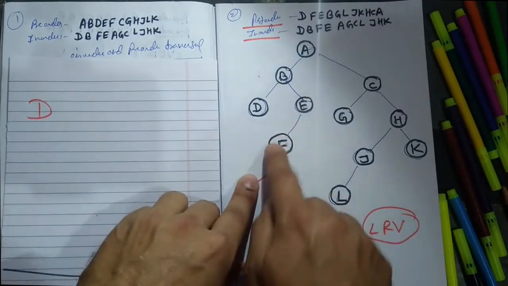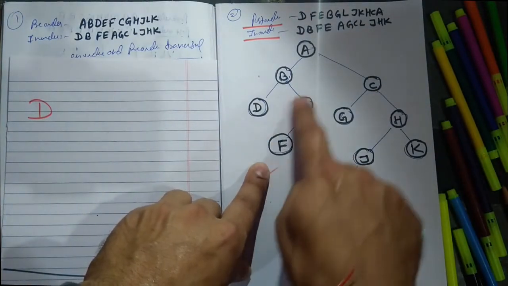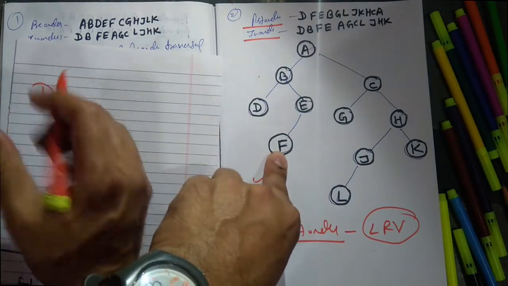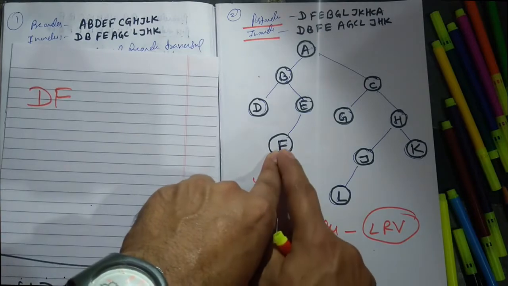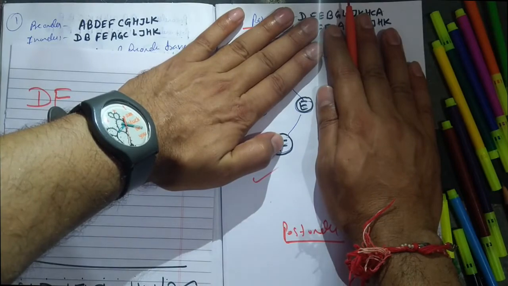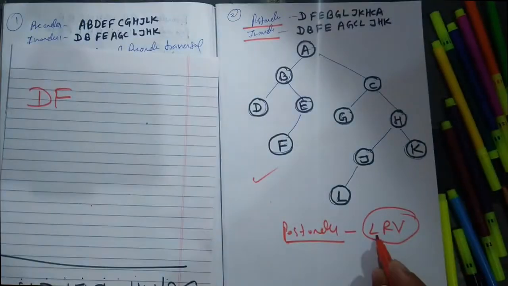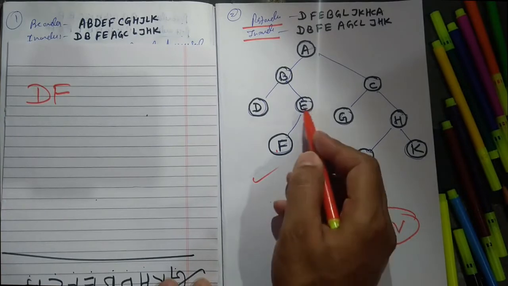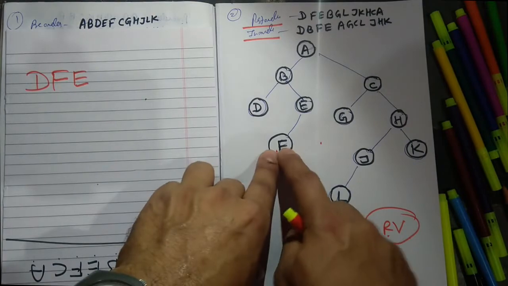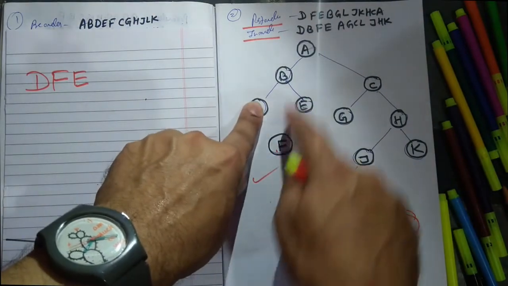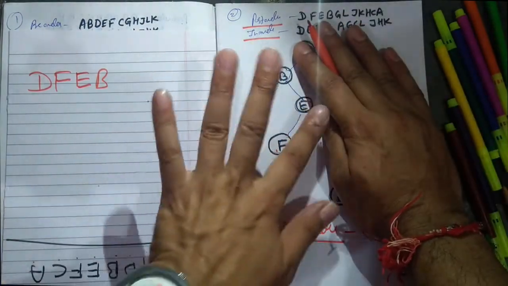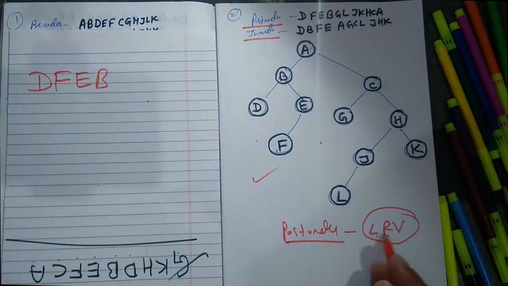Now again this is also a tree. In this tree your left is this. Right, no element in this tree. Left, right, root: left done, right no element, root is E. Done. So this is done, left, right, root. Now left done, right done, root B. Now in this tree, left done, right done, root.